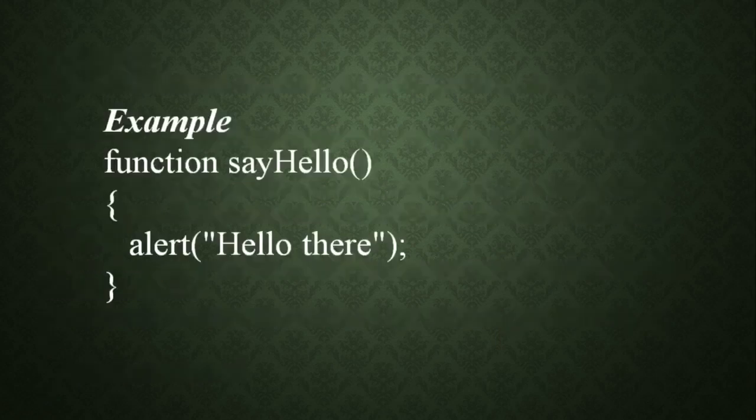This is the example for that. Here I am showing how we define a function, using the function keyword followed by a function name, a list of parameters, and a set of block statements. Function sayHello: function is a keyword, sayHello is the function name, with empty parameters, open brace, close brace. In that I am using alert, hello, the message.